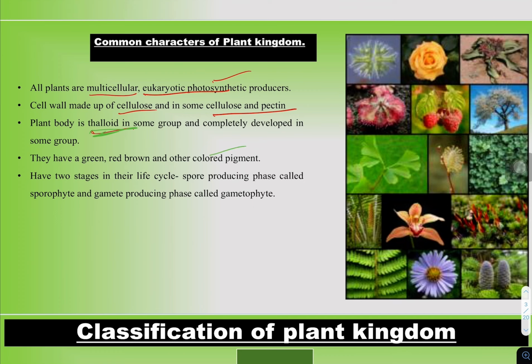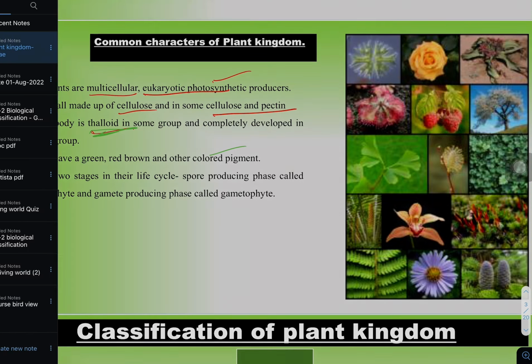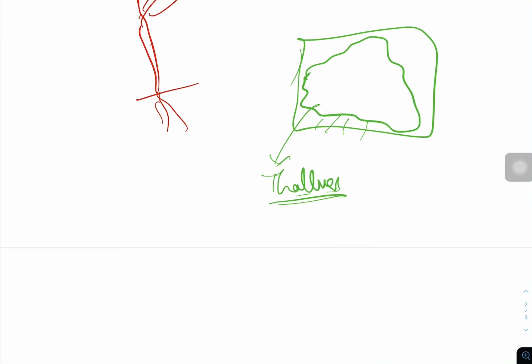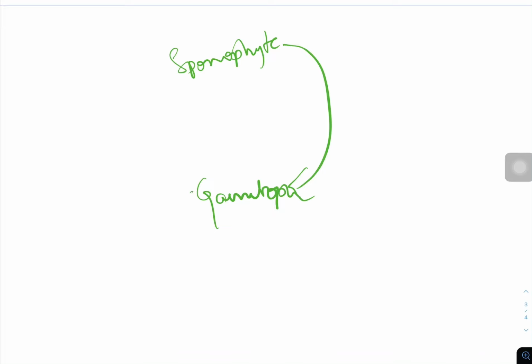They are having 2 stages in their life cycle. One is sporophytic phase and another one is gametophytic phase. See, there are 2 stages in the life cycle of a plant. One is sporophyte and another one is gametophyte. Gametophyte gives rise to sporophyte, sporophyte gives rise to gametophyte. This cycle will be taking place within the plant's life cycle. If plant comes, it will be either gametophyte or it will be sporophyte. If it is sporophyte, before dying it will give rise to gametophyte. If it is born as a gametophyte, before dying it will give rise to sporophyte. This process will be taking place throughout the lifespan of a